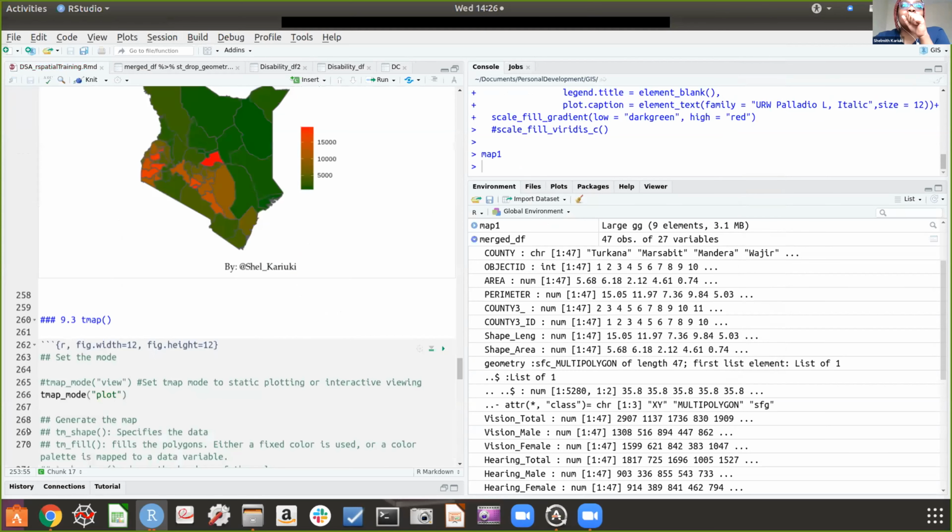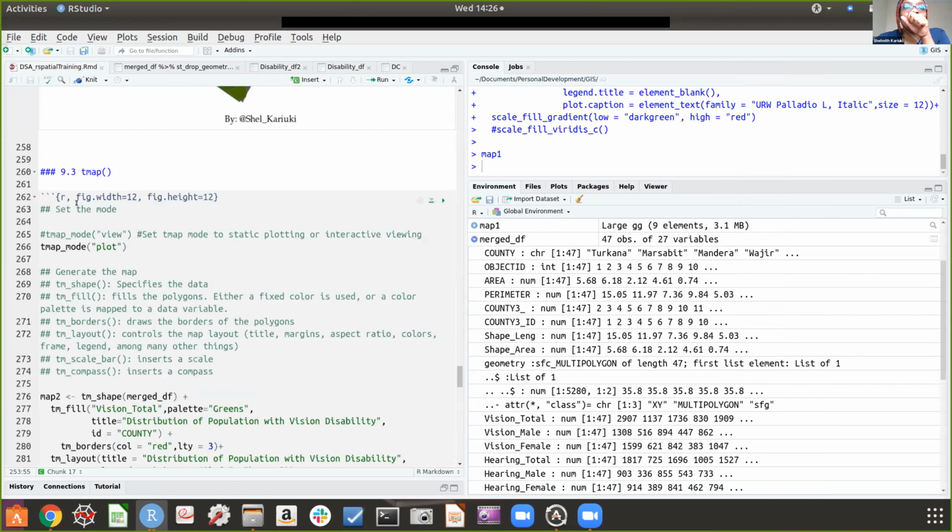Then we have tmap. So you can set tmap, sorry, you can set the mode to either view or